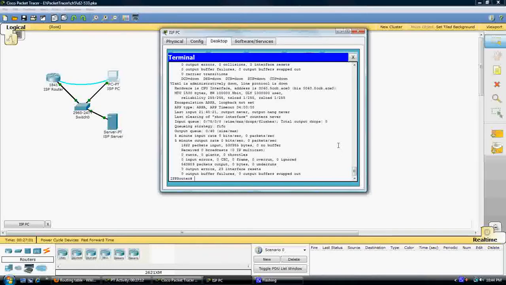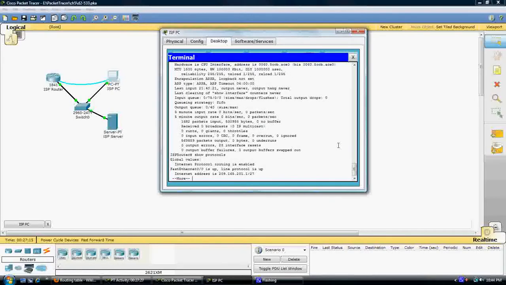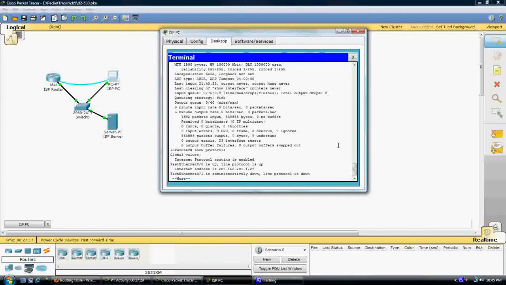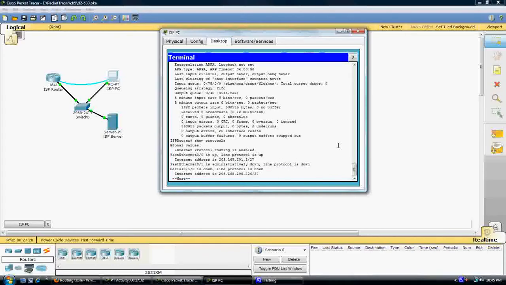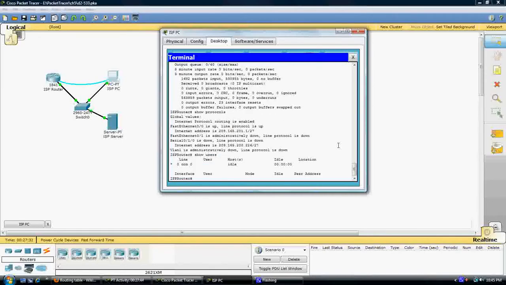Another really great show command is the show protocols. Internet protocol routing is enabled, and then it shows the protocols for all the other interfaces are down. You can also type in show users to list all the different users within that network. Again, that's pretty self-explanatory. And then the show version command